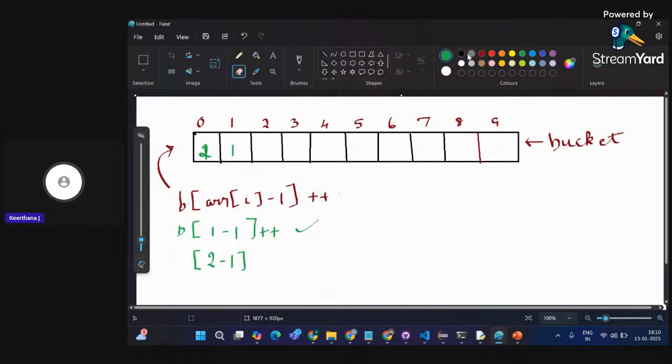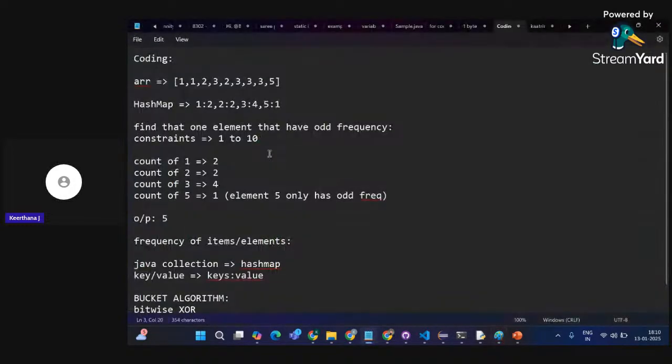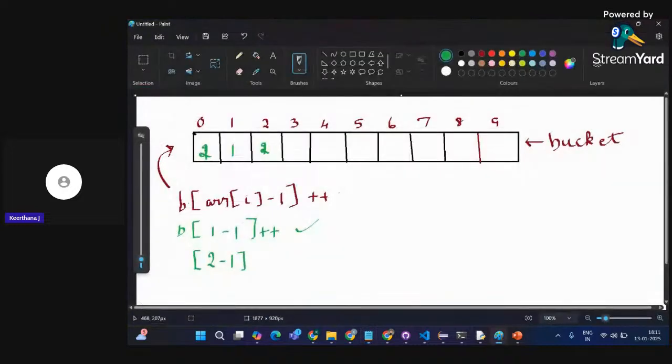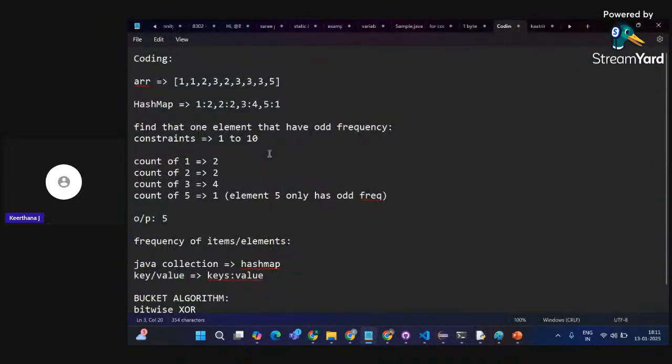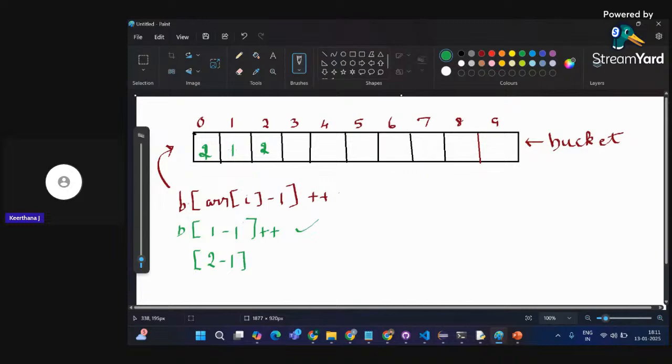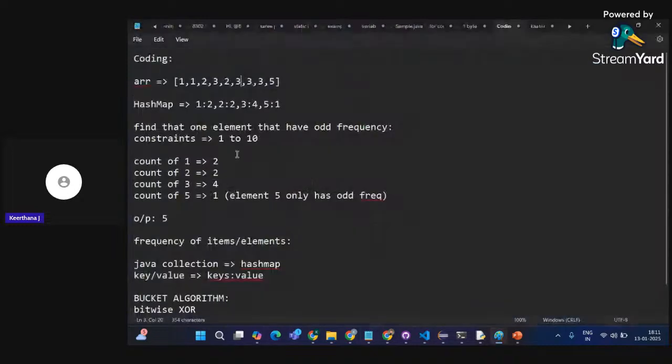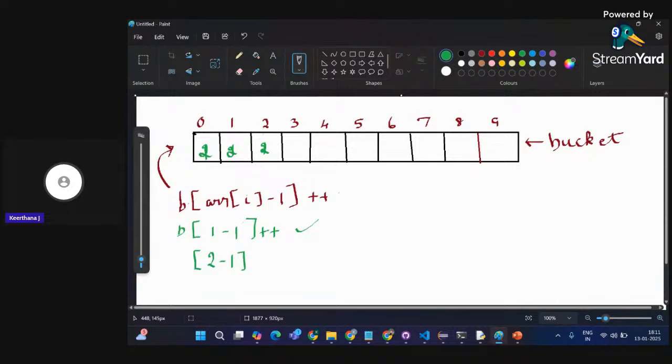3 minus 1 is 2, right? So here only it will be getting updated. Now 3 minus 1 is 2. So in my second index, it will be incremented to 2. And again, my next element is 3. 3 minus 1 is 2.